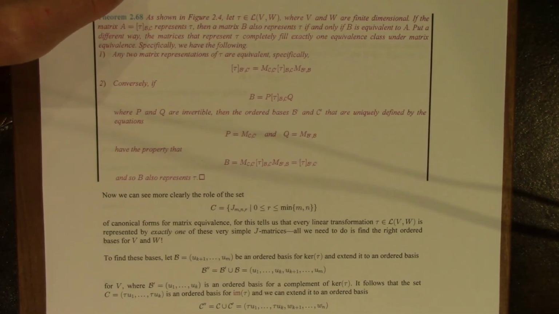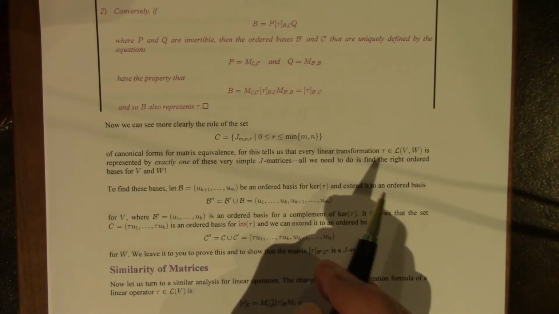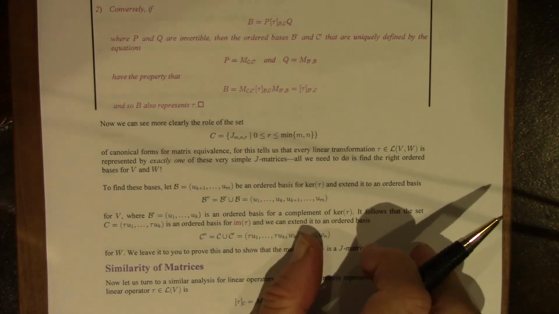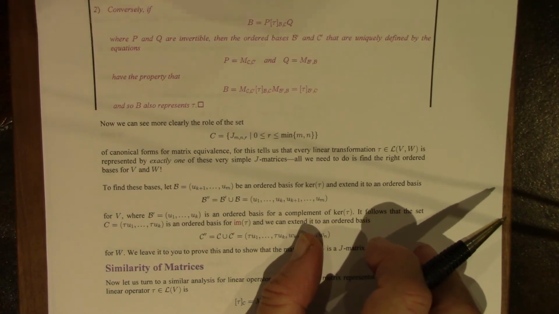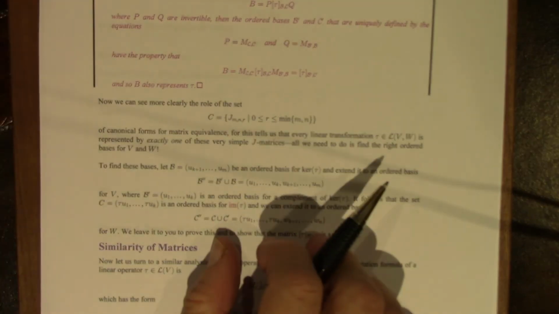And this is the theorem in summary. So this says exactly what I just got through saying. This, by the way, shows quite clearly the role of this set of matrices, these J matrices, J, M, N, R,